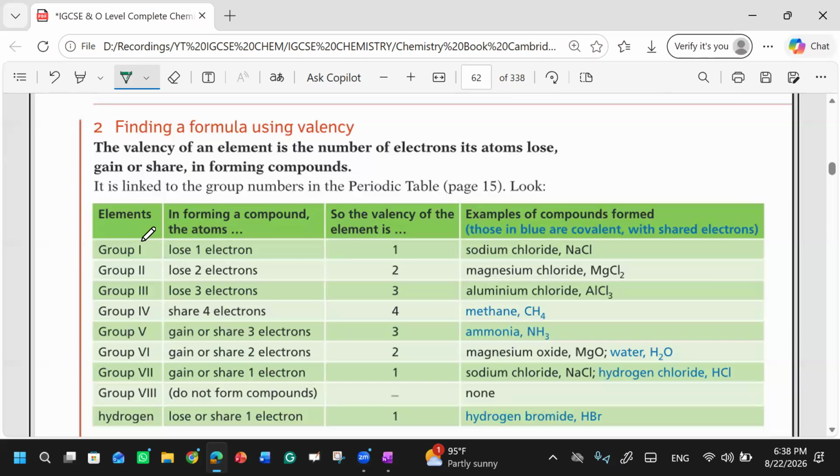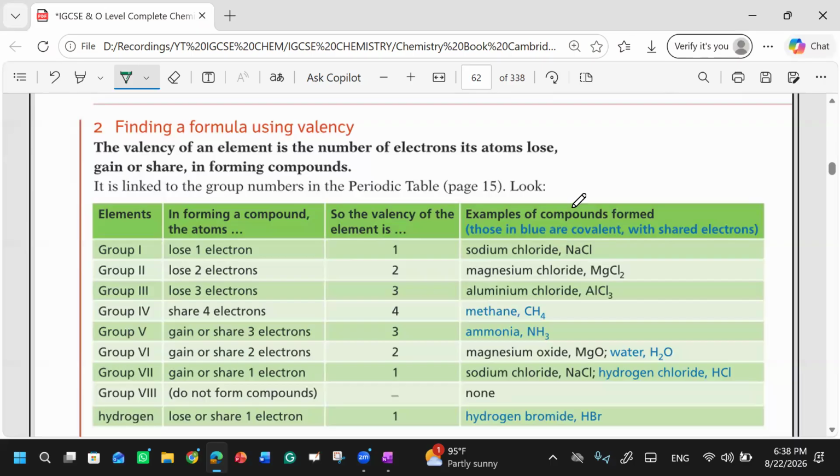Okay, so like this, sodium. Sodium belongs to group number one, so it will lose one electron, and at the same time one atom of chlorine will gain that one electron, because chlorine belongs to group number 7. It has 7 electrons in it. So that is why it can gain one electron, right? So this group number is telling us that group 1 elements can only make one bond, like sodium is making one bond with chlorine.